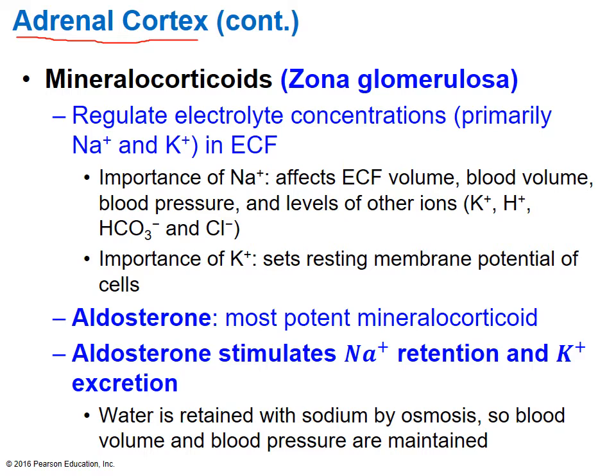Now, do you remember the name of the hormone that the anterior pituitary gland secretes that will directly affect the adrenal cortex hormonal secretion? Hopefully you went with the adrenocorticotropic hormone, your ACTH, and that would be the hormone that the anterior pituitary gland secretes,